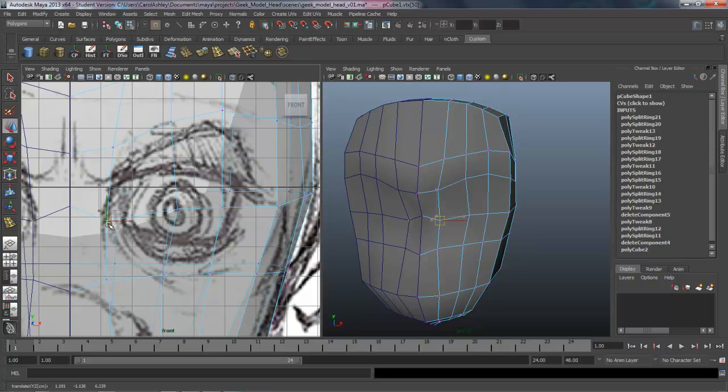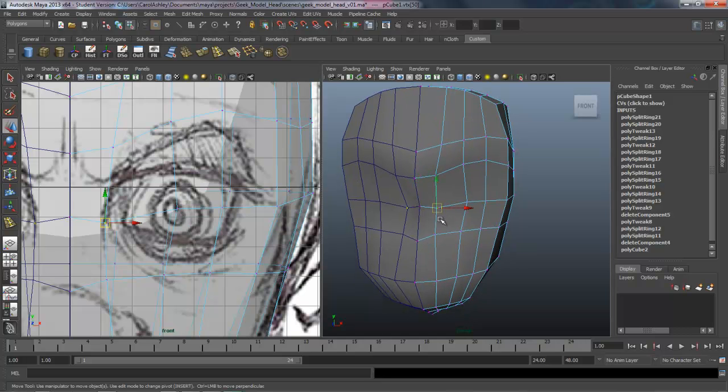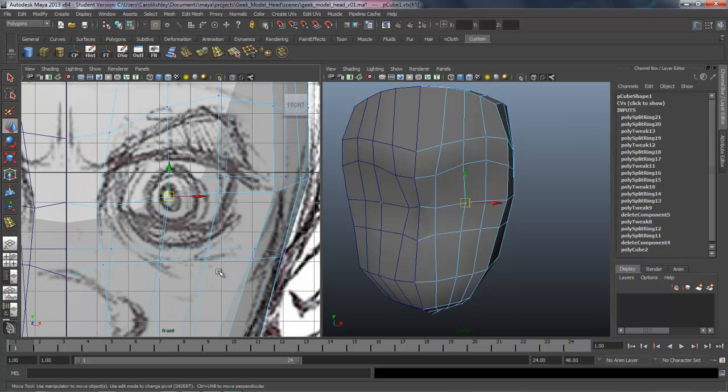So this point here, I'm going to kind of pull it down and get it right in place here for the tear duct. Okay, same thing here. I'm going to pull this one over, kind of lining that up in the pupil. And pupils are sitting a little bit low in this drawing. And then I'm going to pull this one over here to the side. Same thing here. I'm going to open these up just a little bit more and start kind of pre-shaping.